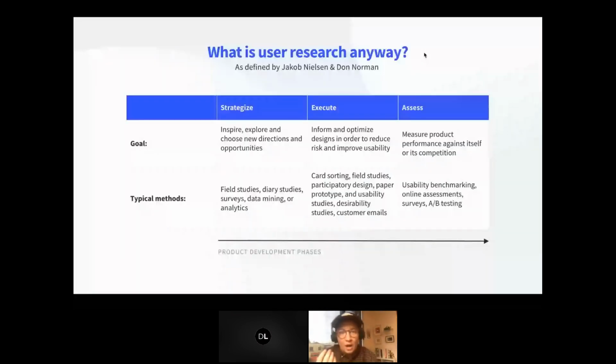So to kick it off, what is user research? Well, as defined by the Nielsen Norman Group, which, if you're not familiar with those two gentlemen, I would certainly recommend checking out. It's really great expertise in the field. As far as user research, when you're looking to understand your users more deeply and from more of a behavioral landscape, it is broken up into three main pieces.